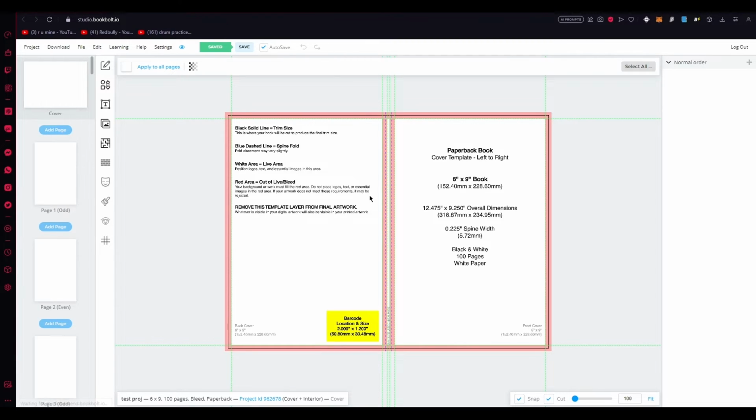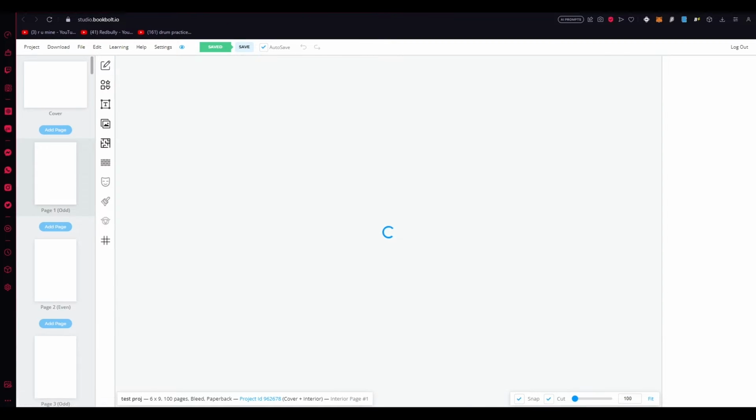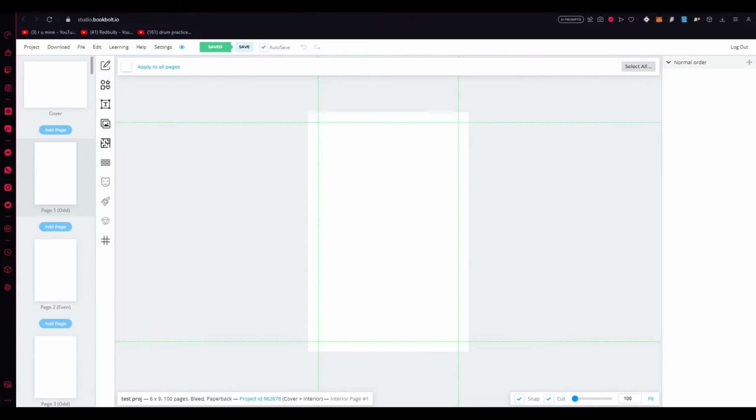Because text plays a pivotal role in our book. It could be a title, it could be a chapter heading, a note, or in our case, the central theme of each page of our page prayer journal. Now, to add text to our design, we're going to use the text tool located on the left hand in